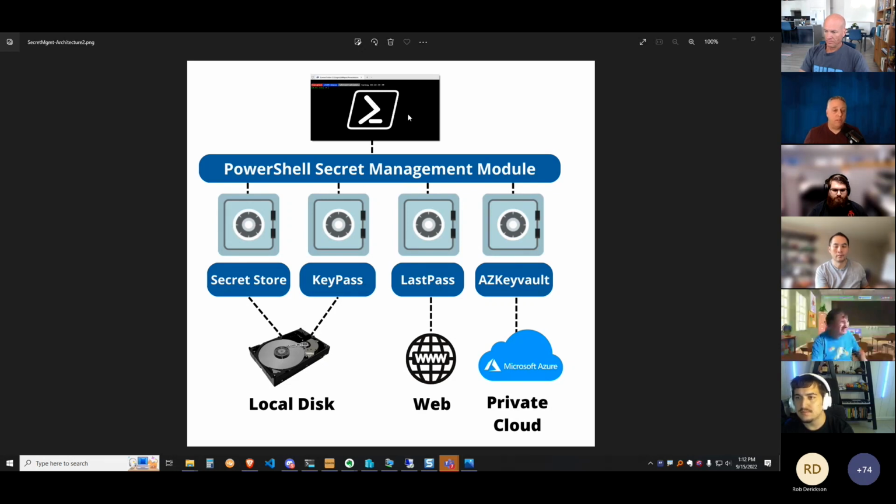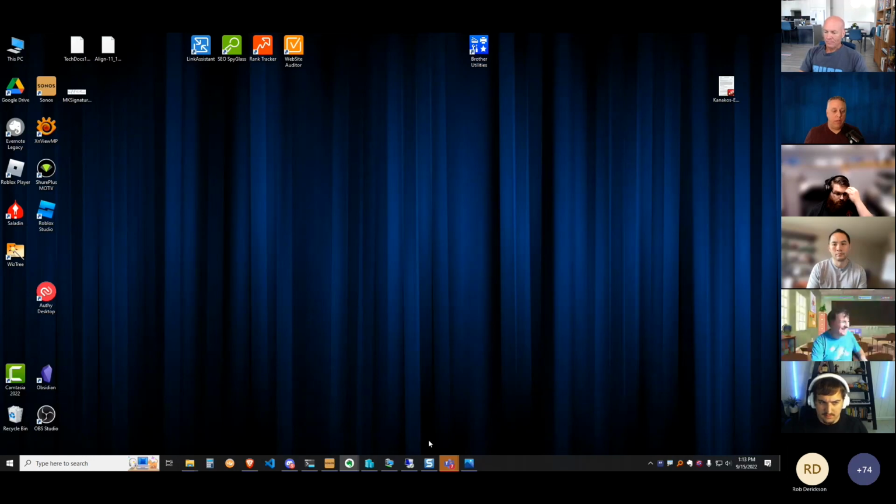The bonus is that, at the top here, you don't need to learn the syntax to recall and make secrets for every one of these vaults. Secret management uses a common syntax that all these vaults support. So when you're interacting with, let's say, Azure Key Vault, you don't need to understand what commands need to be done to create and save an Azure Key Vault secret. Secret management does the work for you. Across all these vaults, it's the same get and set commands to recall and create secrets, and that's what makes it so useful. I'm going to show you a quick demo of that here today.